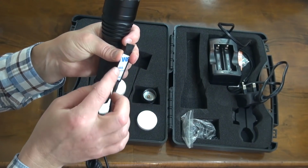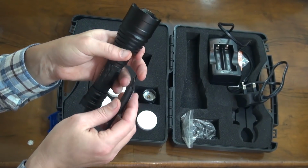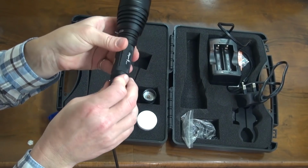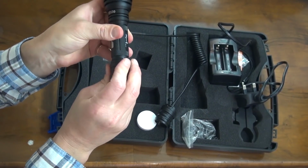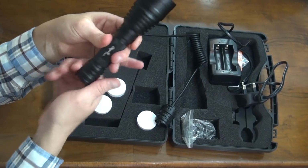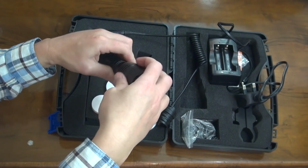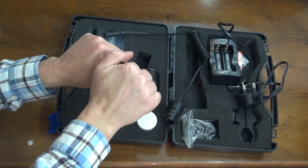And it comes with a sticky Velcro thing, so you can stick it to your rifle. I know I personally didn't bother with that, but you might find that useful. I know a lot of people do. So yeah, that's handy. And then you can remove the lens itself. So if you undo this bit here, and then you undo this bit,